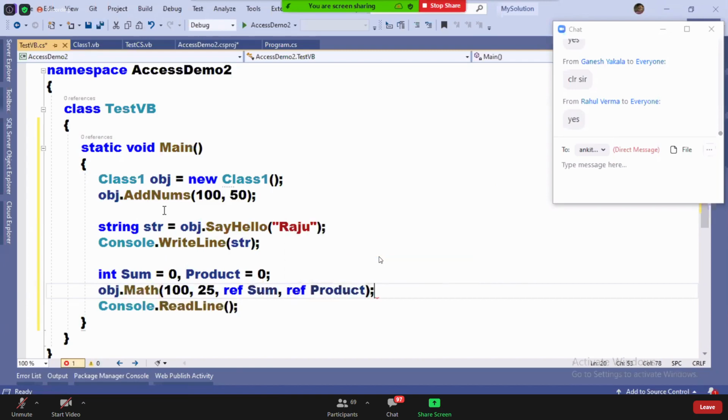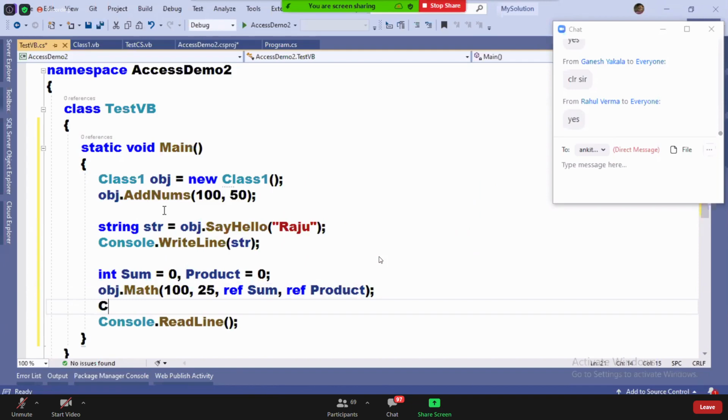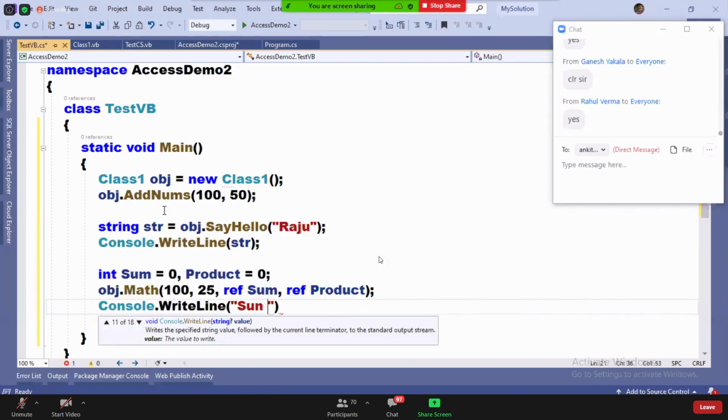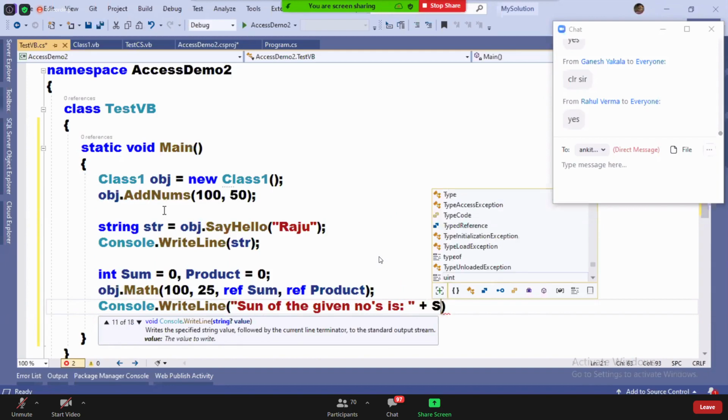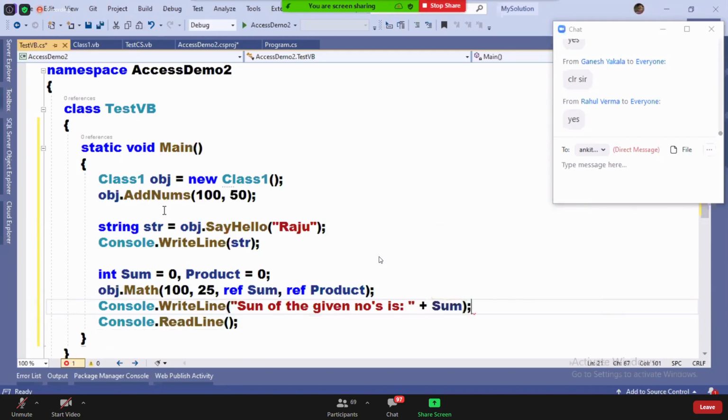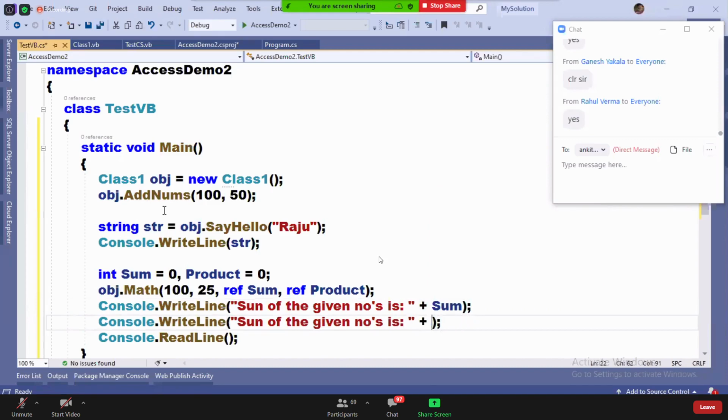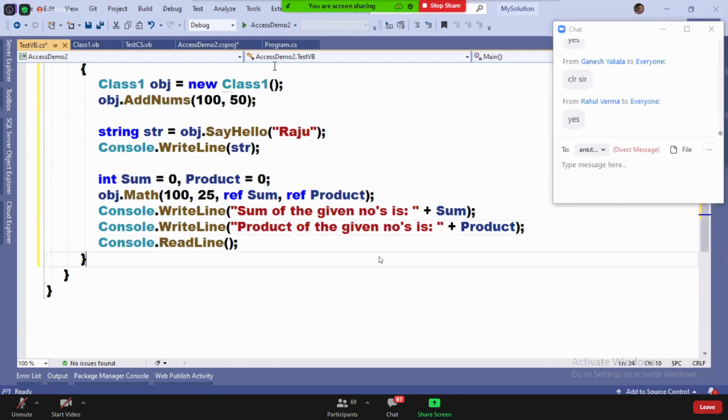Remember, the result will come into sum and product now. Console.WriteLine, sum of the given numbers is plus sum, and product of the given numbers is product.